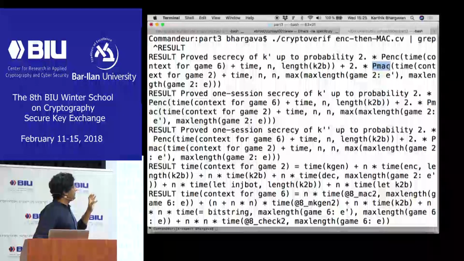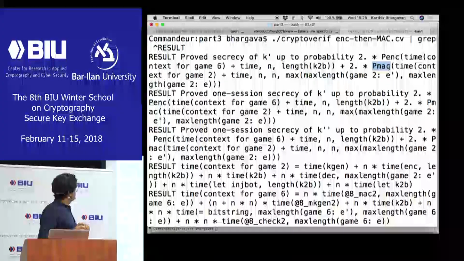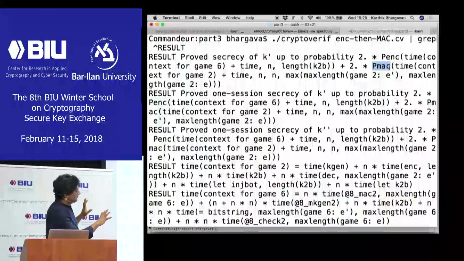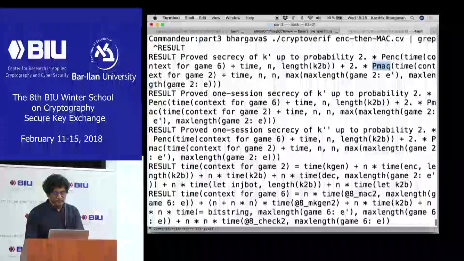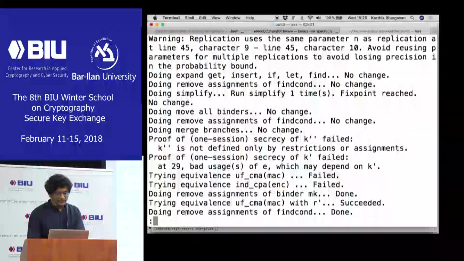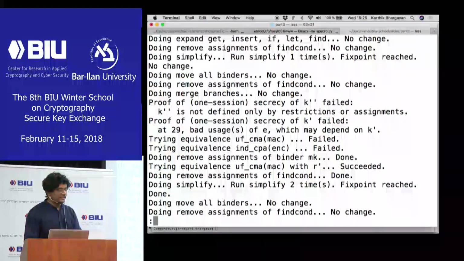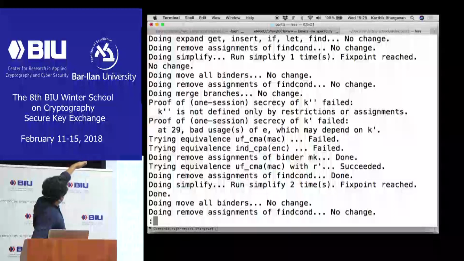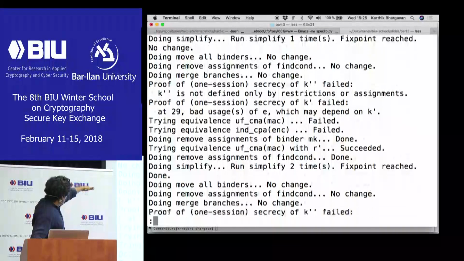Yeah, and there are other ways of printing out this formula which might make better sense to some of you. But yeah, this is the kind of analysis it has done. And it's also worth looking at what it actually does. So this is saying, okay, this is what CryptoVerif is doing. It's trying to apply all of these simplifications,